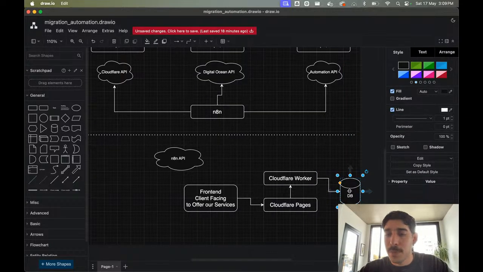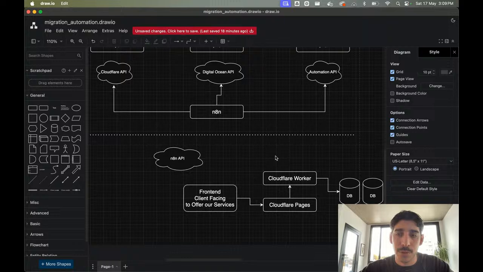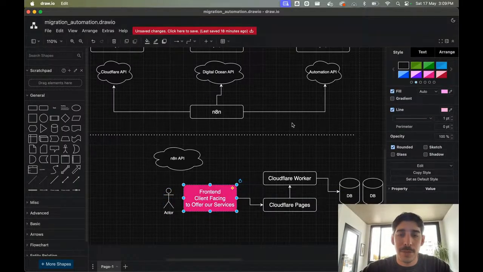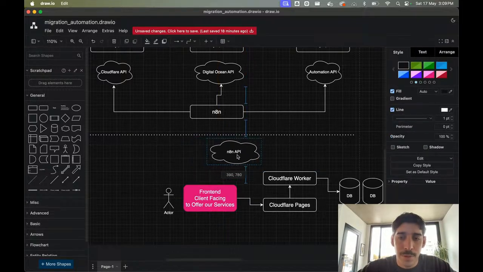We could have even more than one database depending on what type of things we need to store. And this is where we are going to have the people coming, they're going to see this very pretty, very modern user interface, very easy to use.